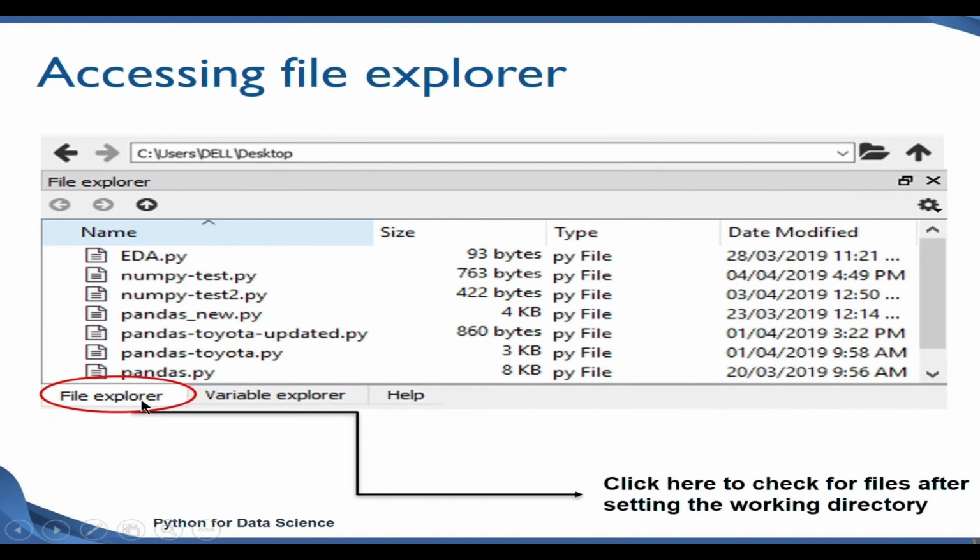Once you've set the working directory, if you have any folders, subfolders, or any other files inside the working directory, all of that will be displayed under File Explorer. For me, I have a couple of files under this directory, and hence they are being displayed here. But of course, if you are opening a new folder, you are likely to see this space empty. You can check all your files, subfiles, and subdirectories here under File Explorer. So we've seen how to set a working directory.